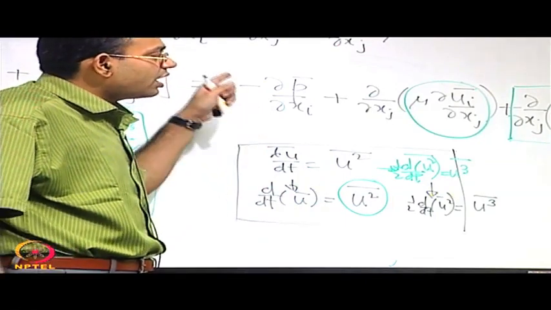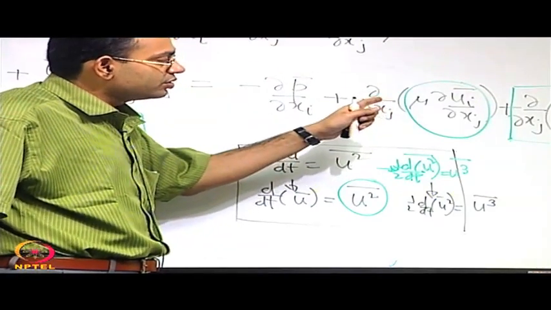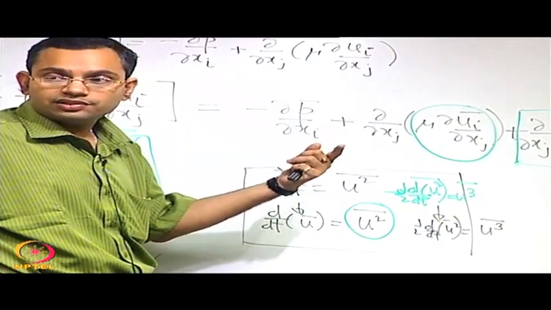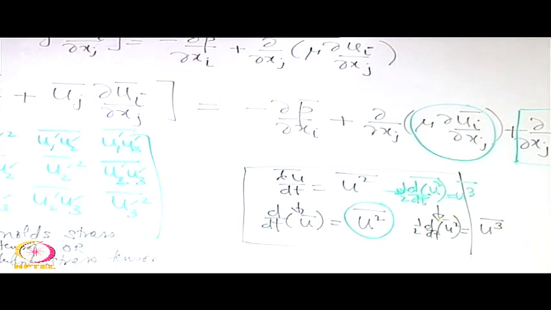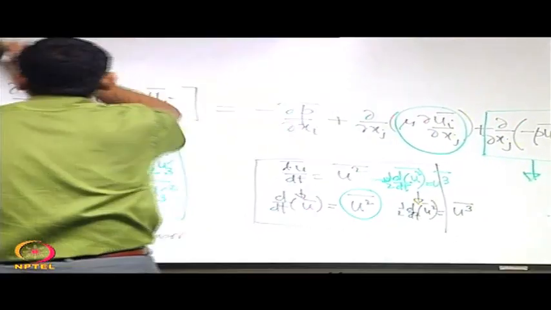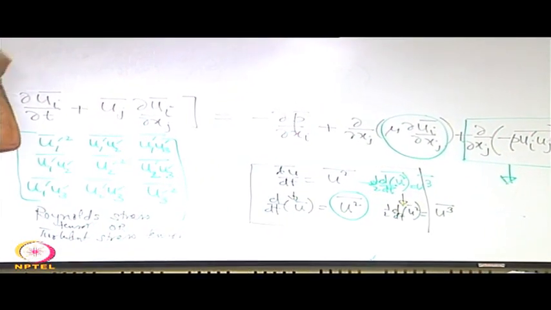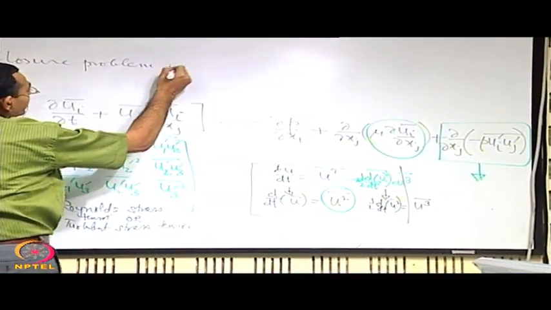So, after Reynolds averaging you have in the equation certain terms for which you do not automatically have explicit governing equations, and therefore the number of independent equations and the number of unknowns are not matching, and the system of equations is not closed. That is known as the closure problem in turbulence. This is one of the biggest nightmares that one has to deal with. So, the closure problem in turbulence